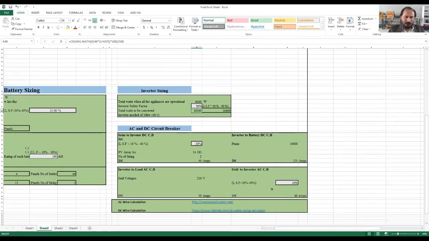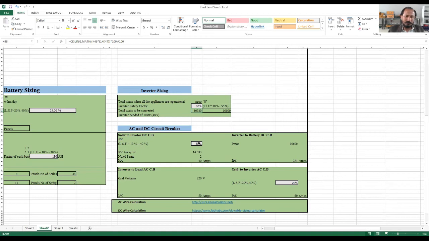Similarly, if we talk about the AC and DC circuit breaker, how the AC and DC circuit breaker ratings are decided, we will use a load safety factor, from solar to inverter DC circuit breaker. Solar to inverter means the solar output is DC, that's why we need a DC circuit breaker.